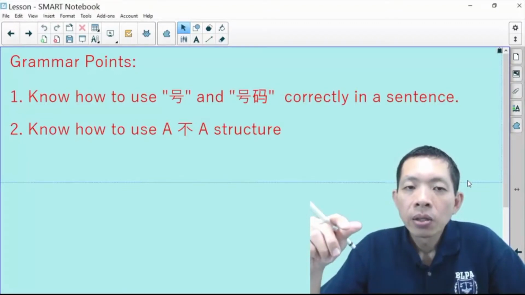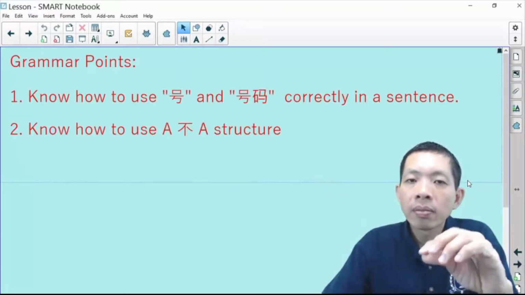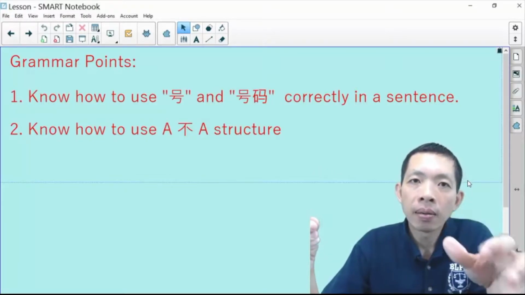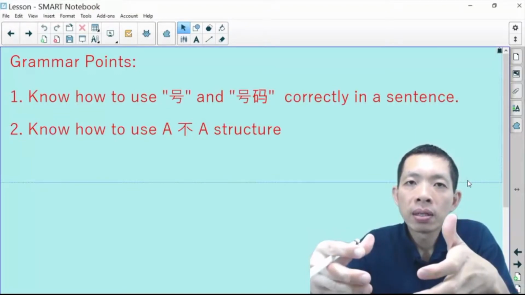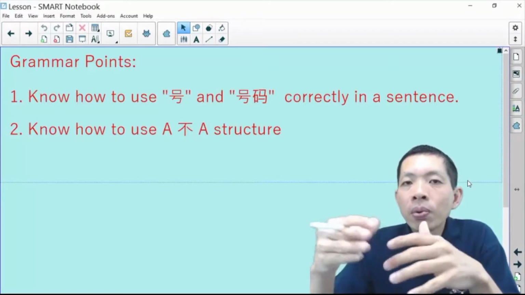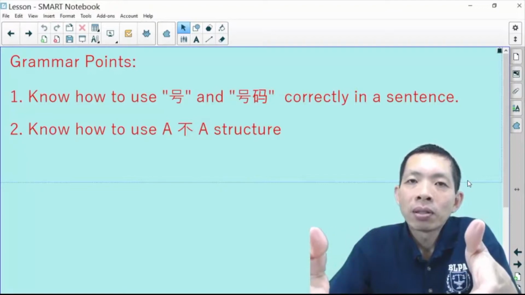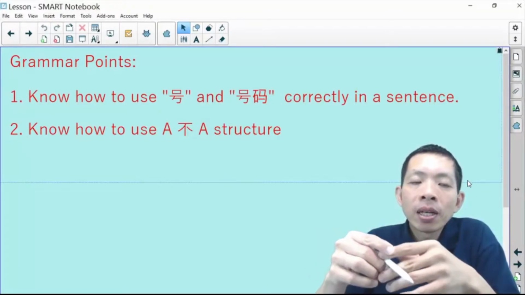You just need to know how to use 号 and 号码 correctly. They both mean number, but how do you use them in a sentence? And the second one is how to use the A-不-A structure. I'll explain what the A-不-A structure is, but let's look at the first